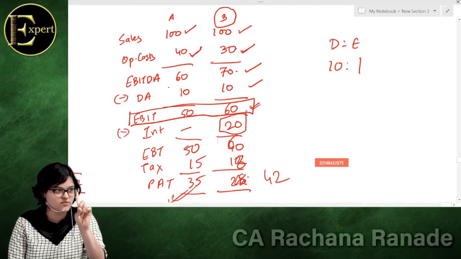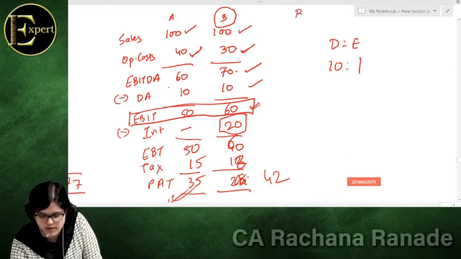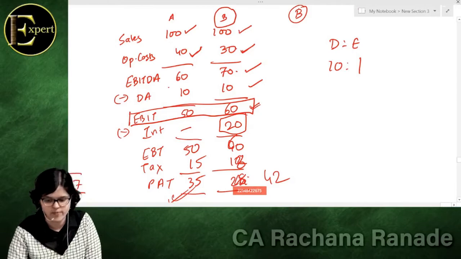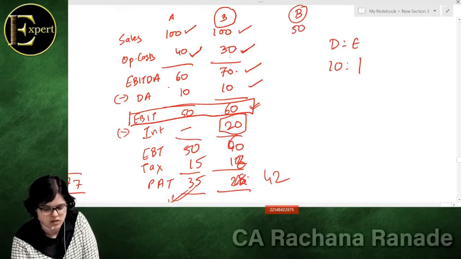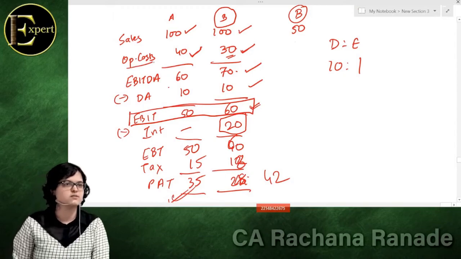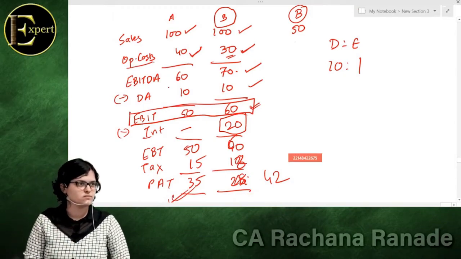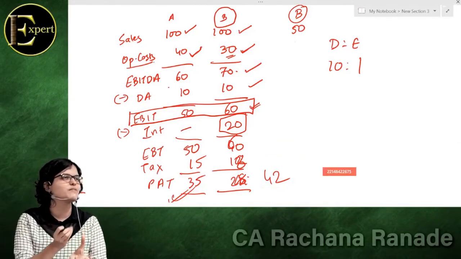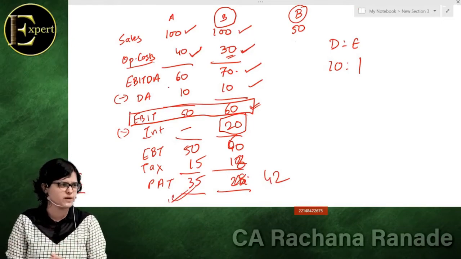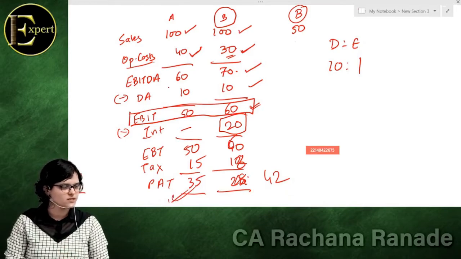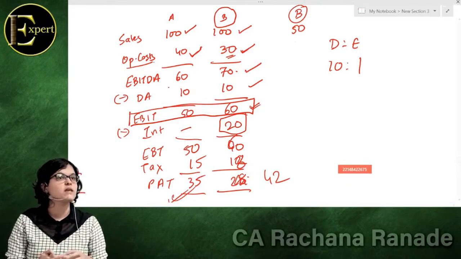Now let us understand the fresh figures quickly. New scenario for B. Something terrible happened with the company and their sales dropped by half, 50%. So this goes down to 50. Operating costs were 30%. So tell me, here it will be? Yes? Now these operating costs I'm talking about could be like material cost. Of course, salary is a little bit of a fixed element, but assuming that salary is a little bit variable, let us say wages is a major element. Labor payment will be more based on production. So we are assuming that there are major variable costs which vary with the production.